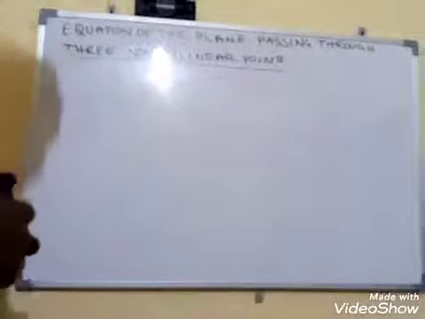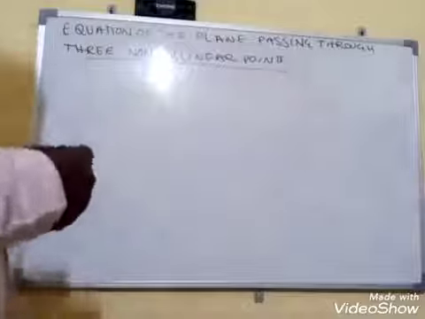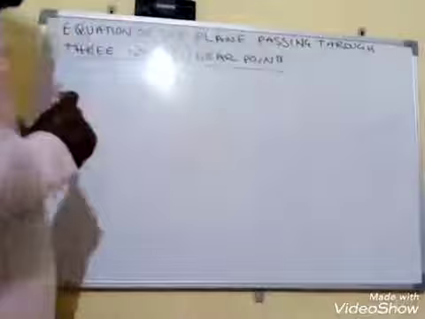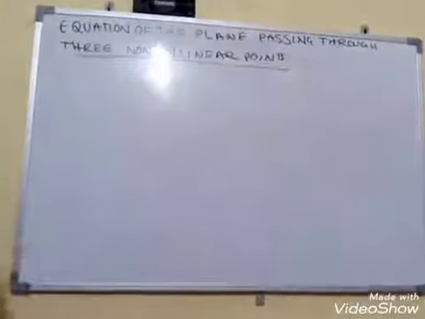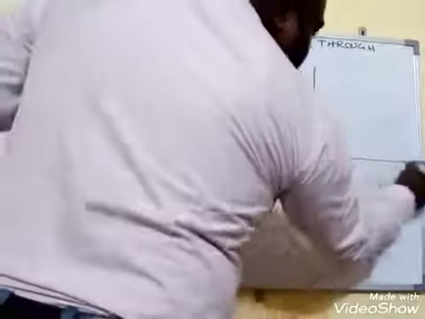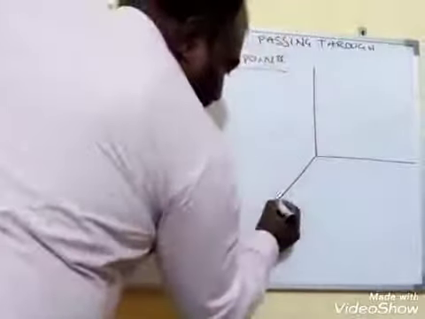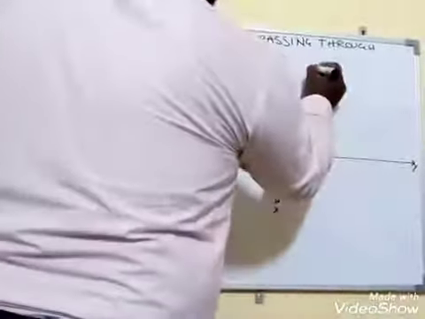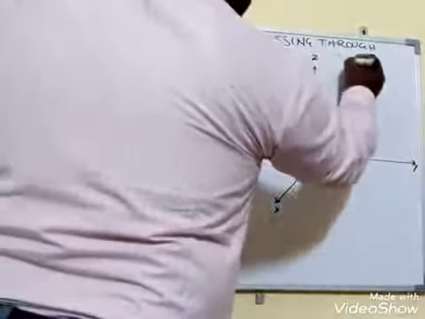Good morning, students. We are going to discuss in this class the equation of the plane passing through three non-collinear points. Now, observe here. I am drawing the space, that is, a rectangular coordinate system. Here, this is the x-axis, origin, y-axis, and z-axis. There is a plane in this space